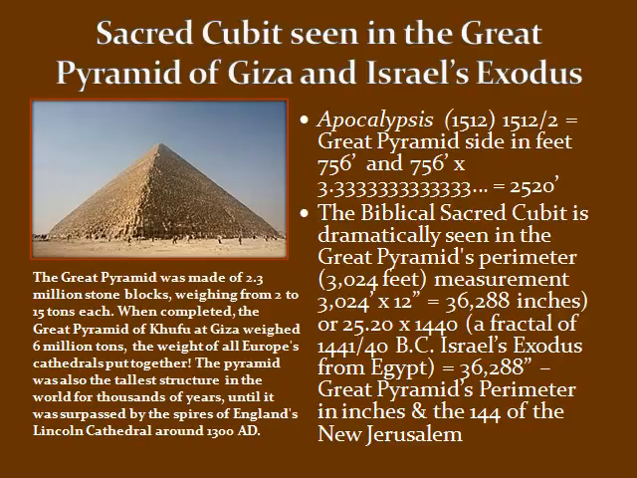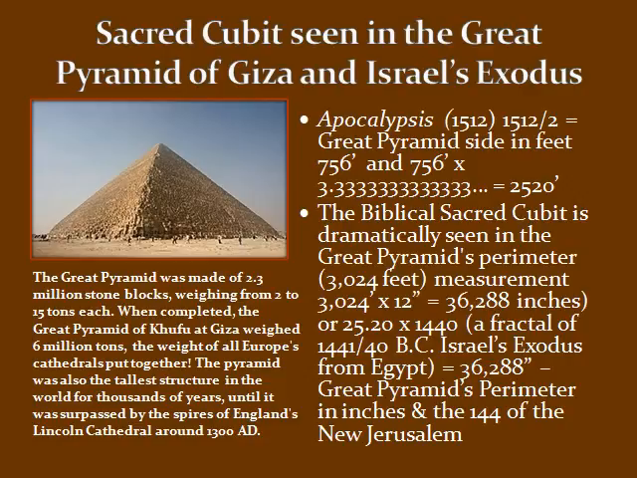The sacred cubit seen in the Great Pyramid of Giza and Israel's Exodus are connected. The word apocalypsis in Greek, which gives us a total of 1,512 in gematria, is divided by 2, it will equal the Great Pyramid's side in feet, 756 feet and 756 feet, times 3.333 into infinity, will equal 2,520, the numbers of the sacred cubit. The biblical sacred cubit is dramatically seen in the Great Pyramid's perimeter of 3,024 feet measurement,